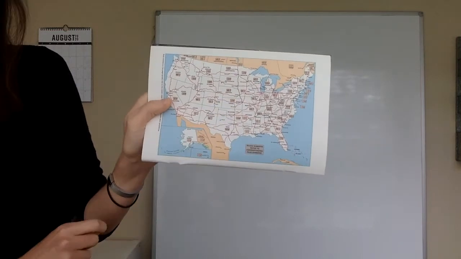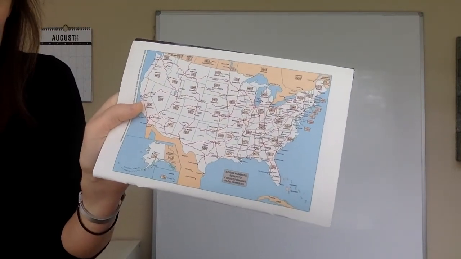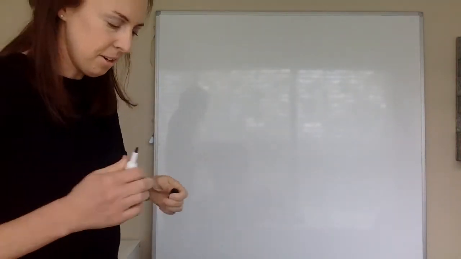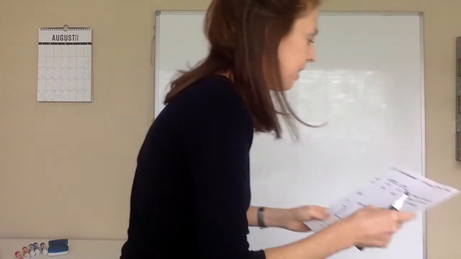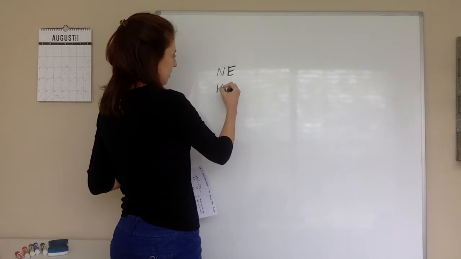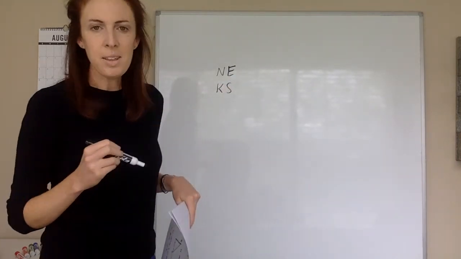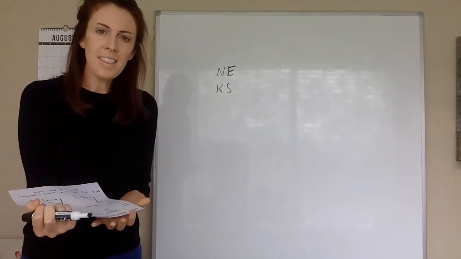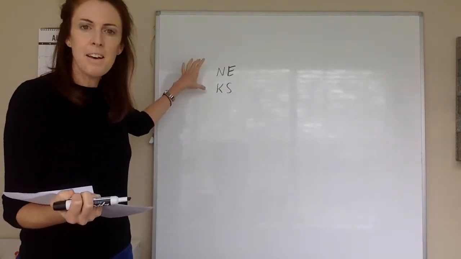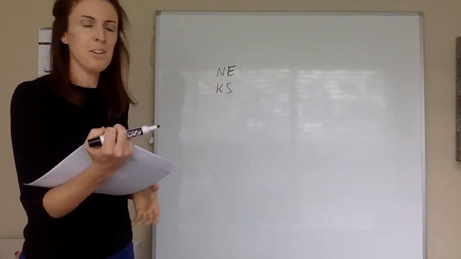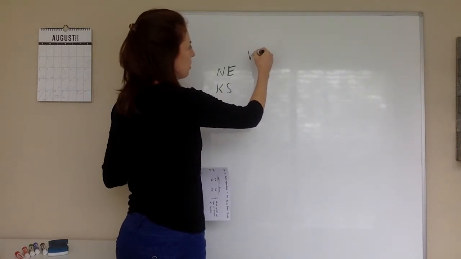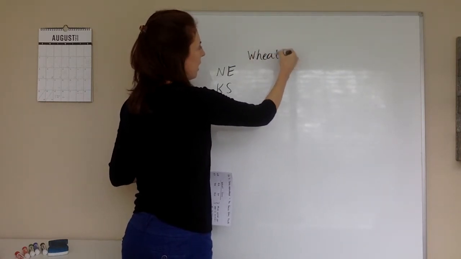North of Kansas is Nebraska, and these are the two states I'm going to talk about today to give you your econ lesson. So, okay, let's do the rundown of Kansas and Nebraska. Nebraska is north of Kansas, and if you know anything about these states, we don't have a lot there. It's mostly just farmland. Both states have decent football teams, but mostly we're known for our agriculture. So in both Kansas and Nebraska, farmers make wheat, and they also make corn.